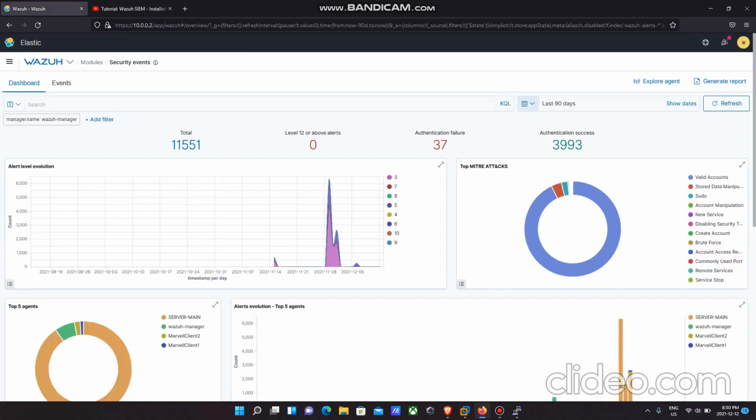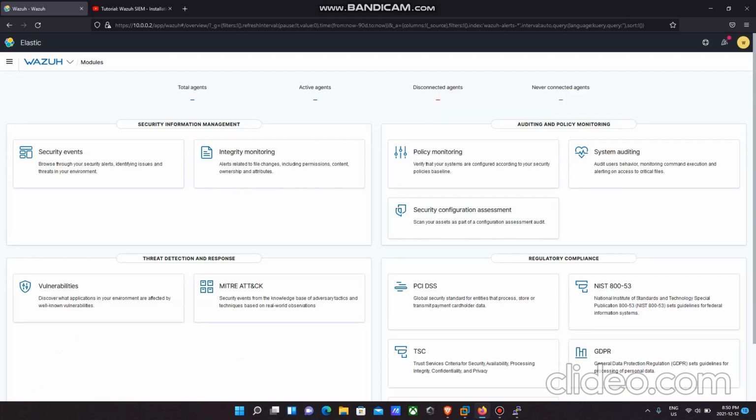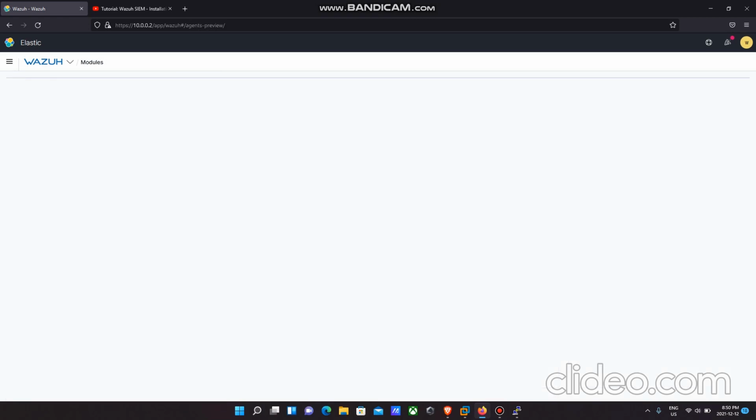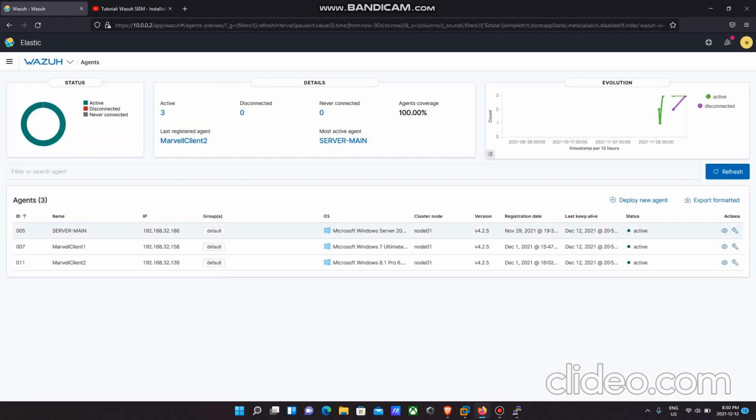here, which is under the IP address of 10.0.0.2, and this is the dashboard which we could see under Buzzer. So this is the basic dashboard, and here we have a total of three active agents, and if we click here, we could see all the agents which are connected to this, and the OS is detected automatically as soon as we connect